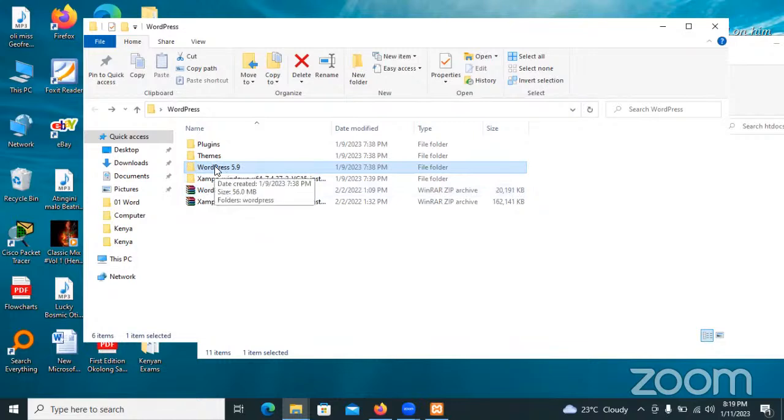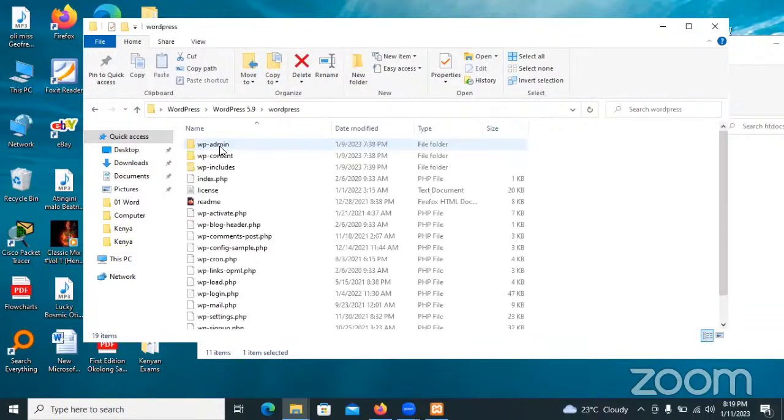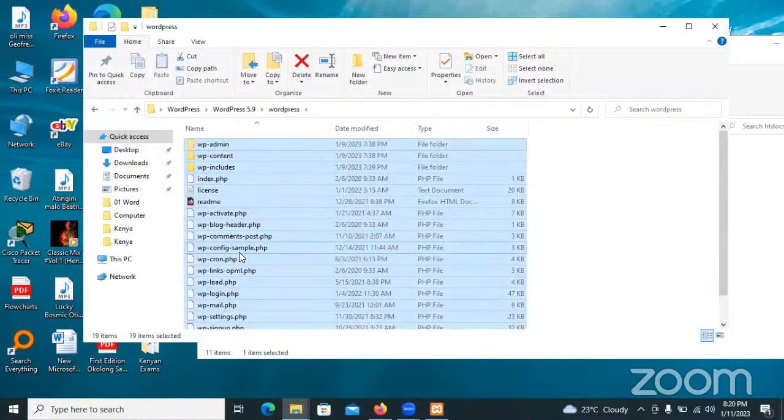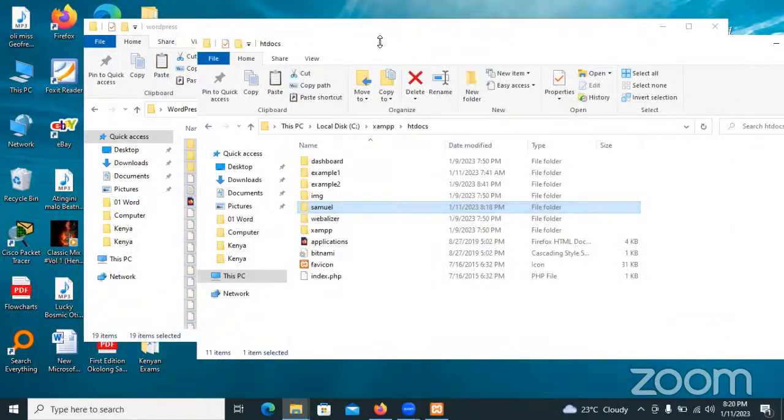I have it here. So what I will need to do is simply to copy the files inside it, and then paste them into the other folder you created. So I will open this folder, then select everything inside it, then copy it. You can right click and copy, or you can use any copying option that you know. Then you go back to where